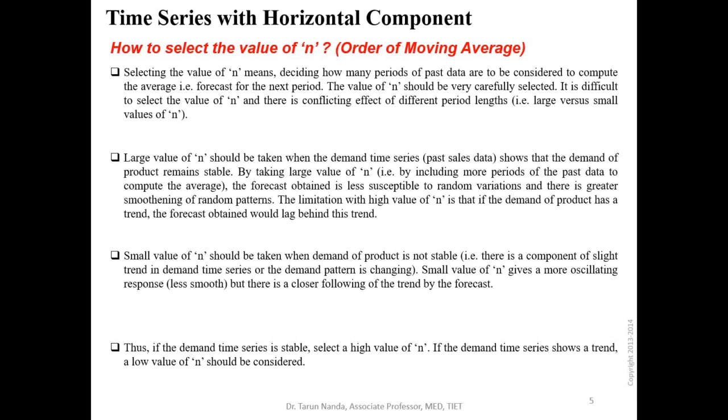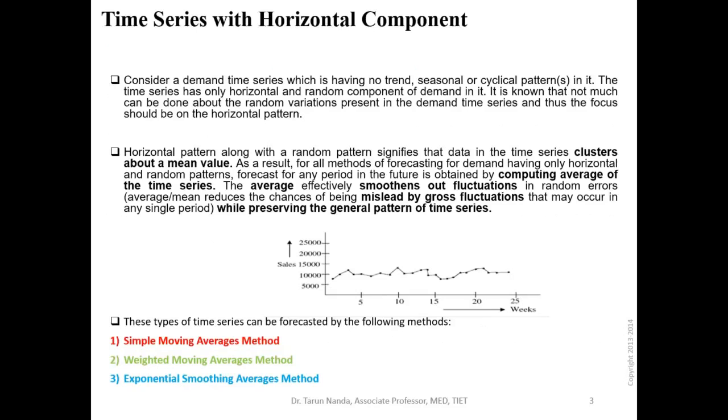On the contrary, if you see that your demand time series, from which you are trying to forecast for the next period, shows a slight trend, increasing or decreasing, then you should take